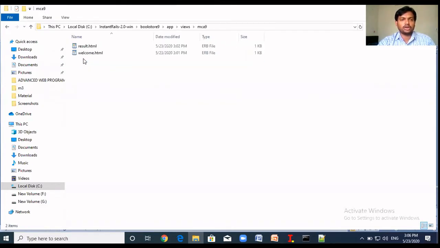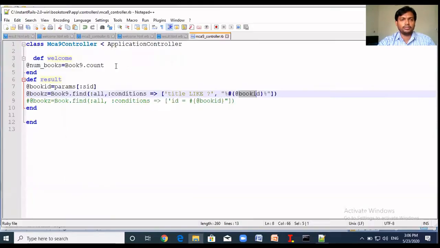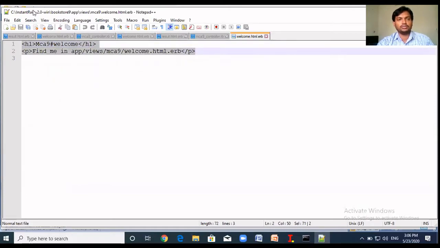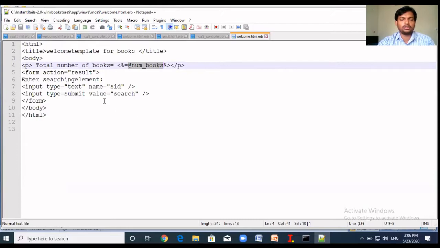Double click on this MCA9 and then go to the welcome page. Here some predefined things will be there. Just replace this and save it. Now we are displaying the count of the records available in the database as well as one search box to fetch the records based on the title.